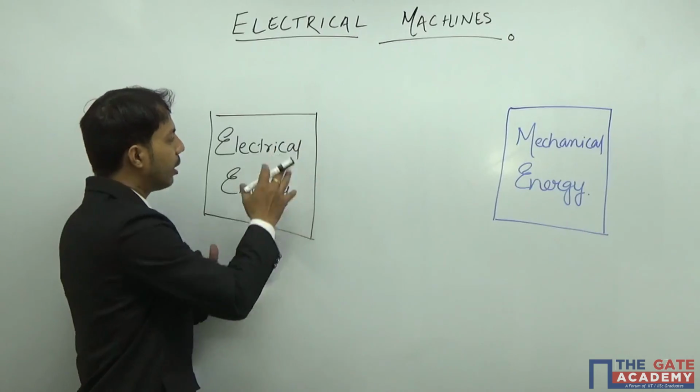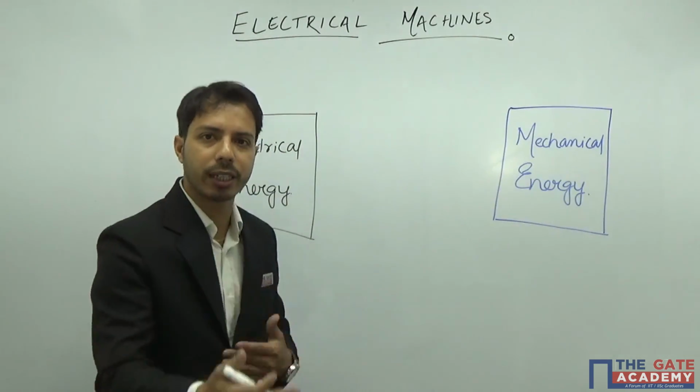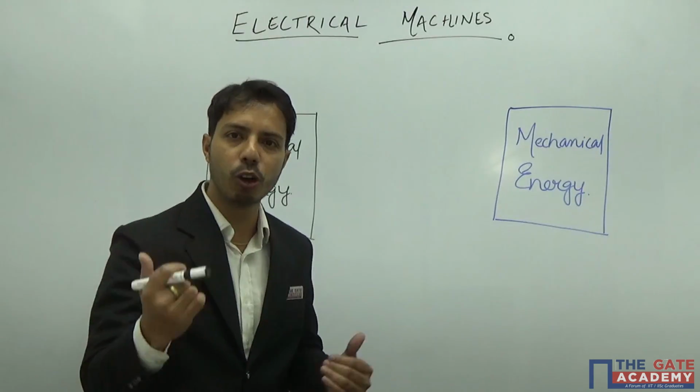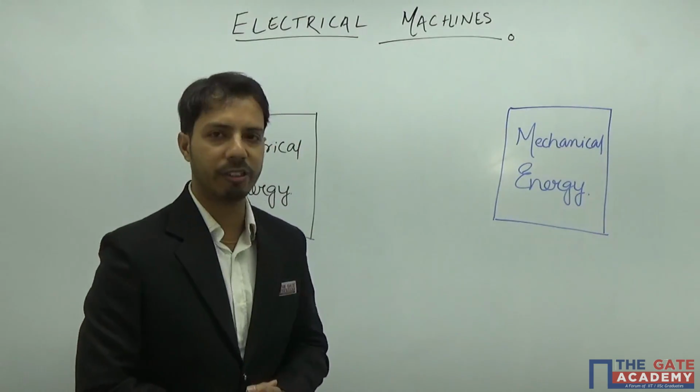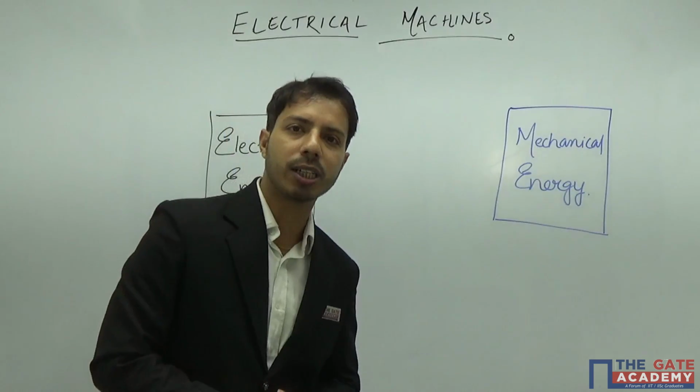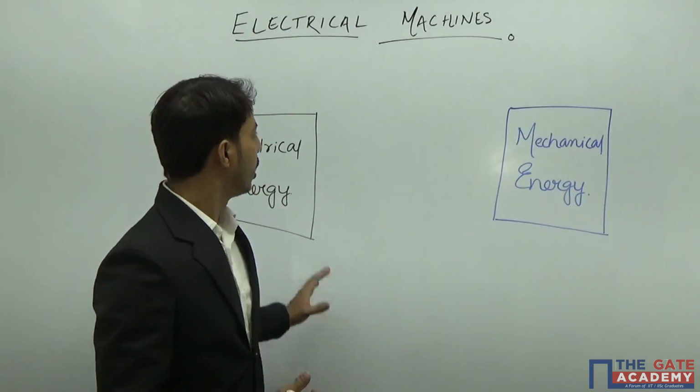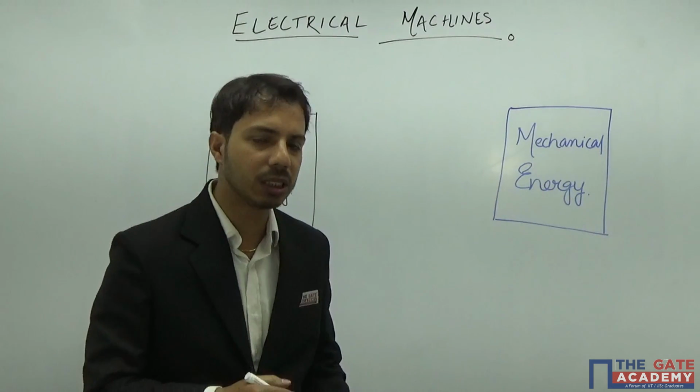A transformer converts electrical energy to electrical energy itself, but it changes the voltage levels and the current levels, while the power remains the same. So you see, all the machines that we are going to study will be dependent on one principle,